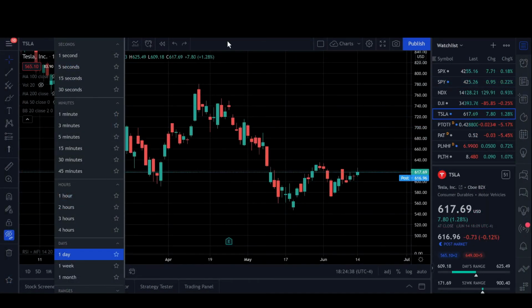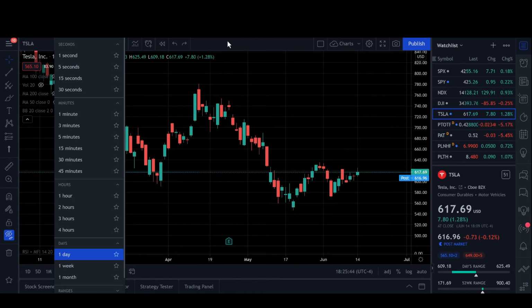Now, as I said before, candles can represent a variety of different time periods. As you can see here, I have the option on the software that I'm using to go from 1 second all the way down to 1 month. Personally, I rarely use anything under 15 minutes, but if you're day trading and you're getting in and out of trades over the course of minutes, you might find yourself using anywhere from the 1 minute chart to the 45-minute